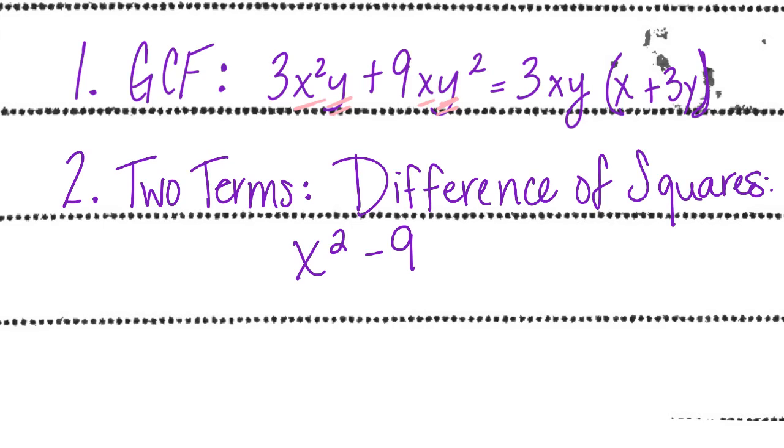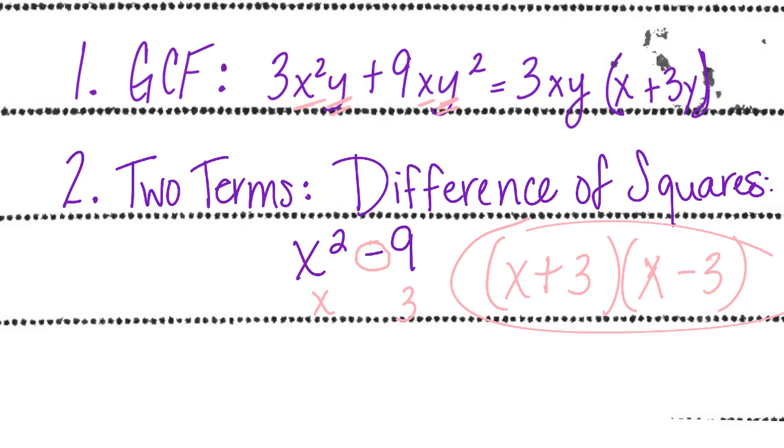I know that anytime I have two perfect squares, x squared, the perfect square is, I'll write it underneath, x. 9, the perfect square is 3. And notice it is a difference. So I know I have a plus and a minus. Why do I have a plus and a minus? Because those inner and outer terms are going to cancel out. So we have x plus 3, x minus 3,